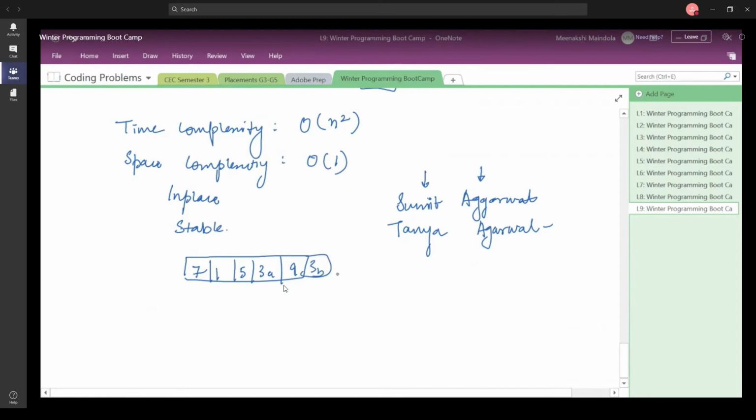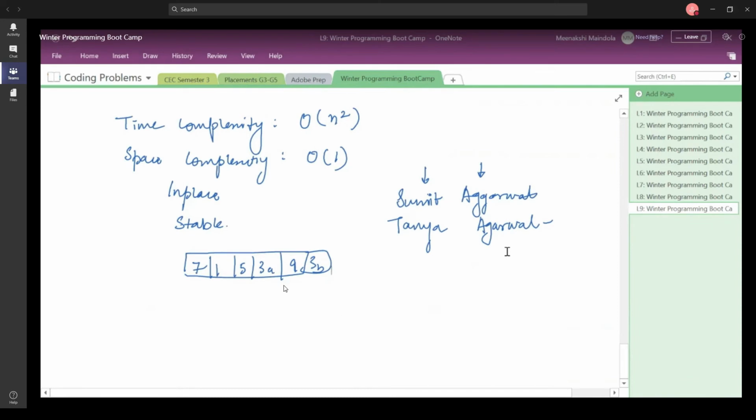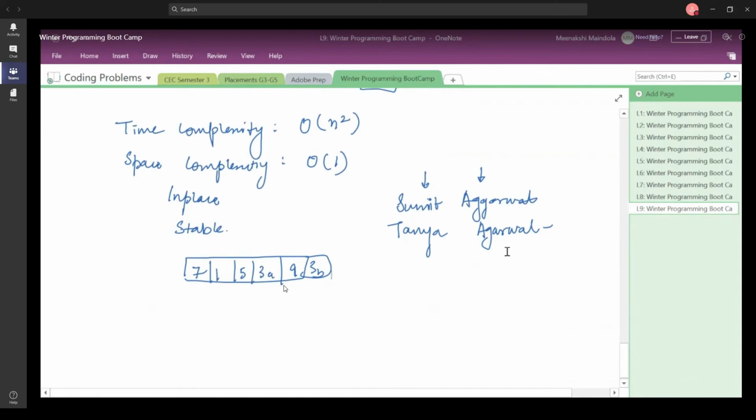Let us say you have this particular array, and now try to sort it using bubble sort, and you will see that even in the output you are going to get 3A first and then 3B. It is not going to be 3B first and 3A then. Okay, so this is stability. Let us move ahead and talk about another sorting algorithm.